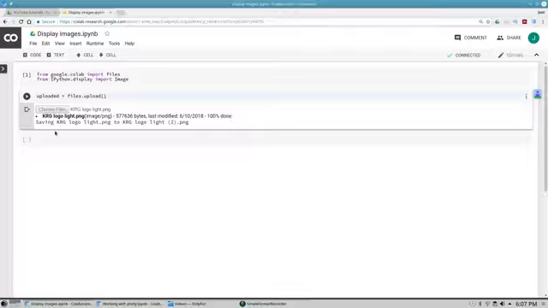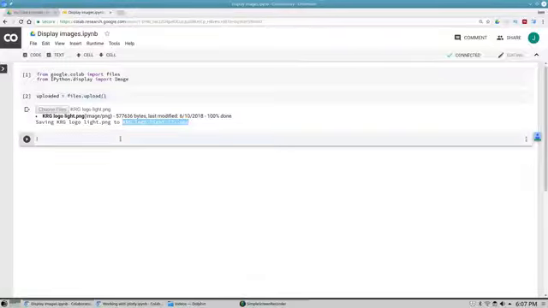Now you'll notice it says saving krglogo.light.png to krglogo.light (2). So I've got 2 other notebooks open, and I've already loaded these logos there, and an instance of that will exist. And it is this name that I now have to use to display whatever it was called during the upload. So let's use Image, and inside of Image we're now going to use krglogo.light